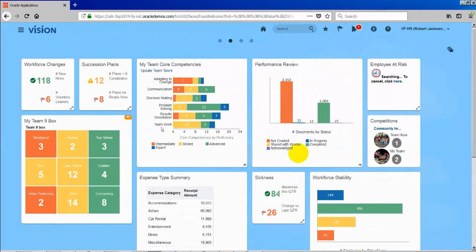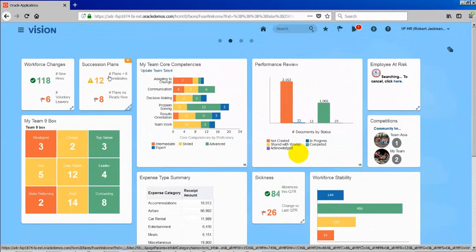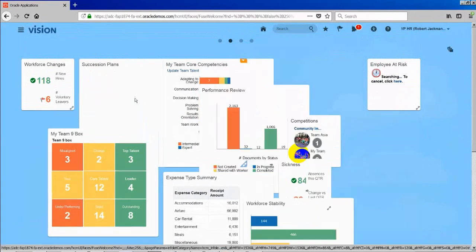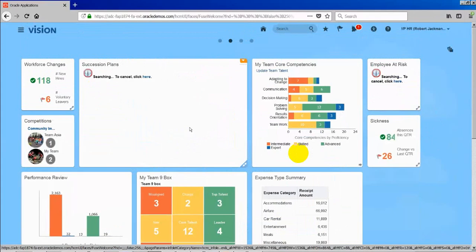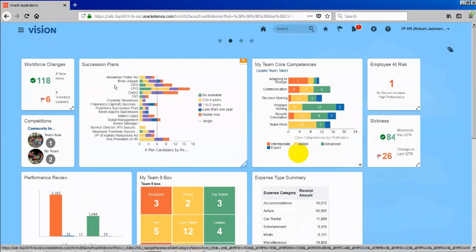We can have as many infolets as we can enable like this, and every infolet will have a front and back. For example, if succession plan is there and we click on this, it will maximize and have more information. That's what I'm saying, front and back. The smaller one is the front side, and the bigger one is the back side. We can expand and reduce. What is happening is it is trying to run the report in the back end and pull the data. Okay, so that is how it is.